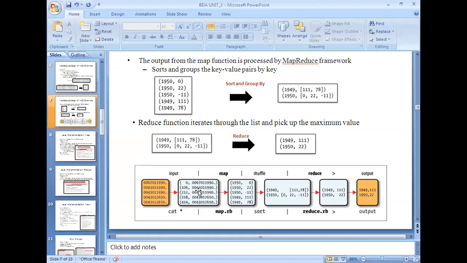That means it may take the input as text and produce output as an integer. There is no rule that the output format should be the same as the input format. It may be different, and the mapper logic will produce either 0 or more key value output pairs. That is the functionality of map.